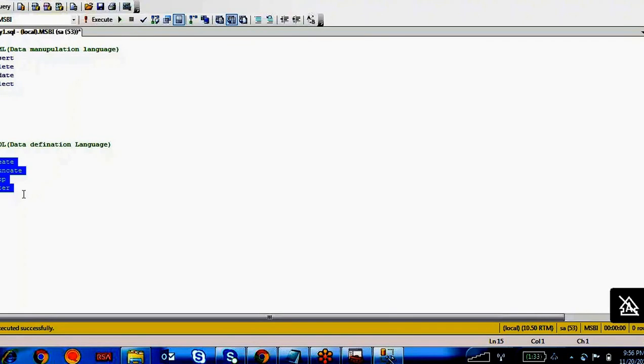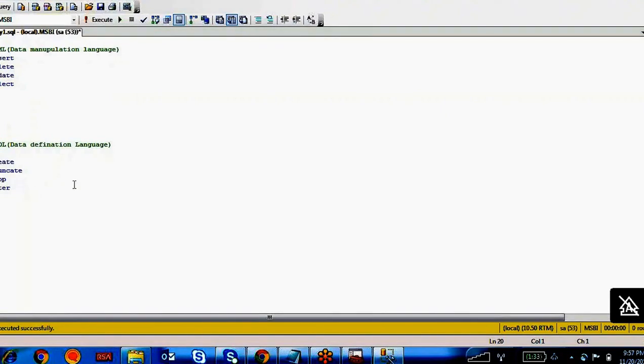You can create a table, you can create a database. So these are database level and those are only table level. If you want to manipulate any data inside a table, then you use the data manipulation commands: insert, delete, update, select.